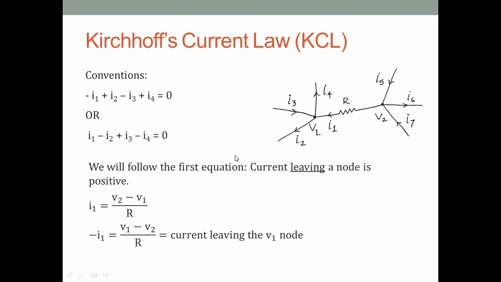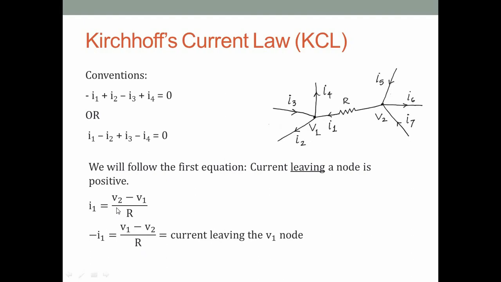So we can therefore write minus I1 equal to V1 minus V2 by R. The sign changes. Minus I1 is the current leaving V1. I1 is entering, minus I1 is leaving V1. So if we write a KCL at this node V1 and we want to write the current leaving the node in this resistor R, we'll write V1 minus V2 by R. Okay, this is very simple but very important. This sign gets confusing, but please remember these two things.